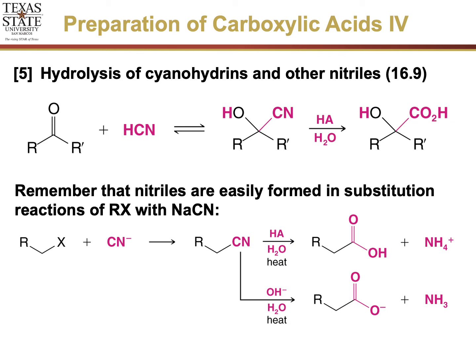Now, when we use cyanide as a nucleophile to displace an alkyl halide, we will be adding a carbon to that chain. So if you're looking for an easy way to add a single carbon to have a product with a carboxylic acid in it, the best way to do that is to use a cyanide here to displace your halide to get your alkyl cyanide compound. Then you can hydrolyze that with water, acid, or base and heat to create the carboxylic acid or the carboxylic acid salt. Again, you're adding a single carbon to this chain, so it's a great synthetic tool to add additional carbons to